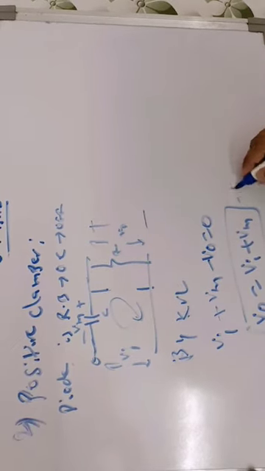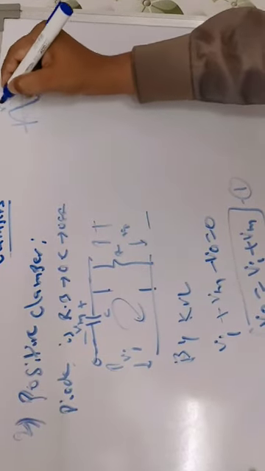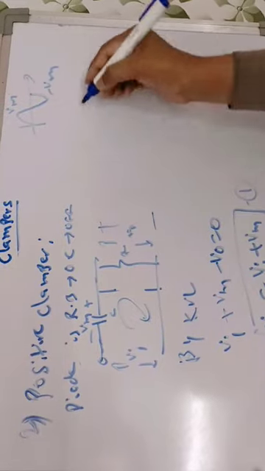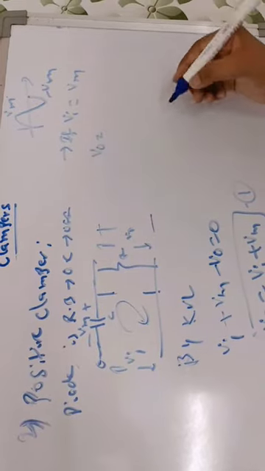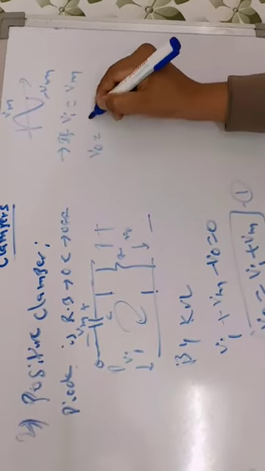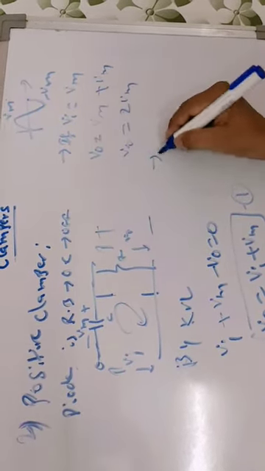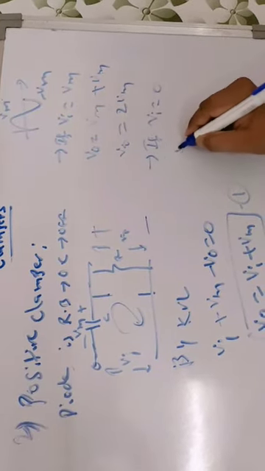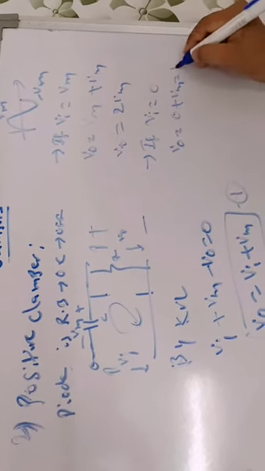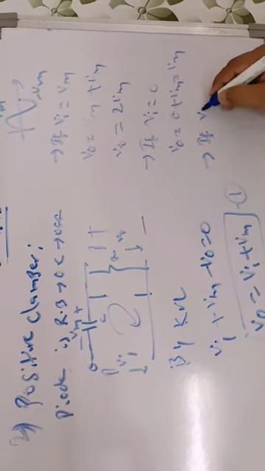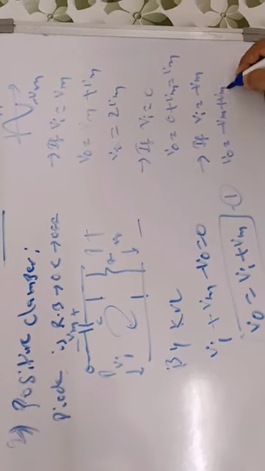For this equation, we will find the output according to the input voltage. The input is varying from Vm to minus Vm. If we take the input voltage equal to Vm, the output is Vm plus Vm, reaching the value of 2 Vm. If Vi is equal to 0, V0 is equal to 0 plus Vm, which is Vm. If the input voltage is minus Vm, then V0 is equal to minus Vm plus Vm, which becomes 0.